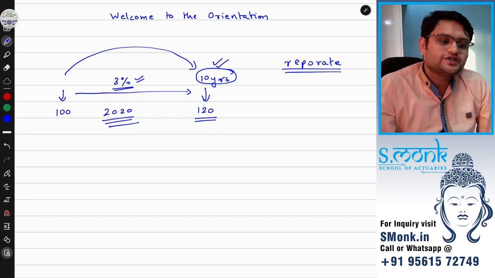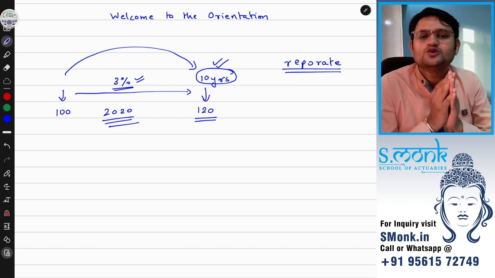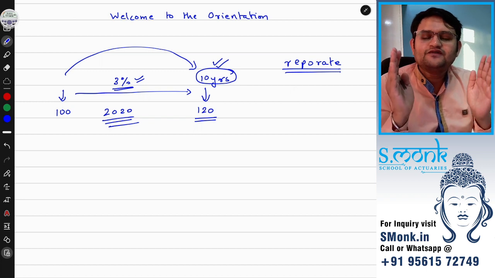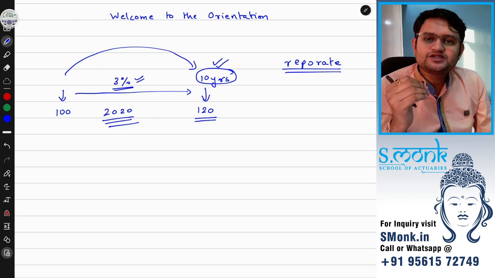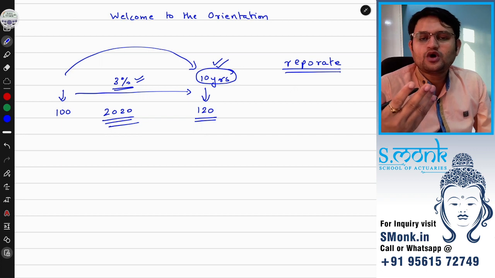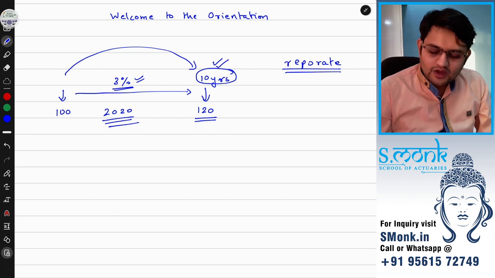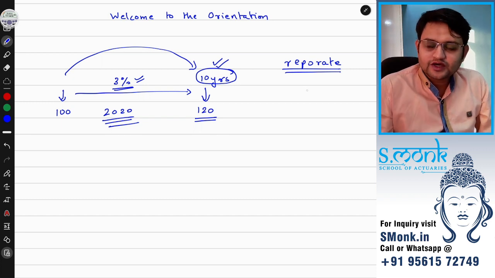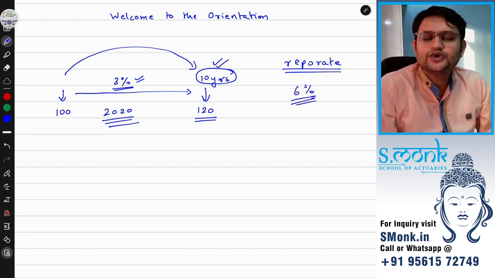Now due to inflation in 2022, governments are increasing the repo rate so that people take fewer loans. If people have less money with them, automatically they will buy less stuff. If they are buying less stuff, that means demand goes down, and if demand is going down, automatically prices will come down. That is the main reason why the government is increasing the repo rate. Right now I think the repo rate is about 6% in the US. India is also increasing its repo rate.